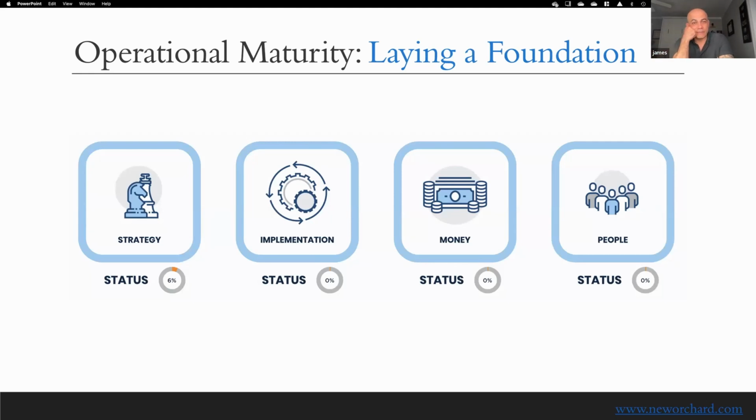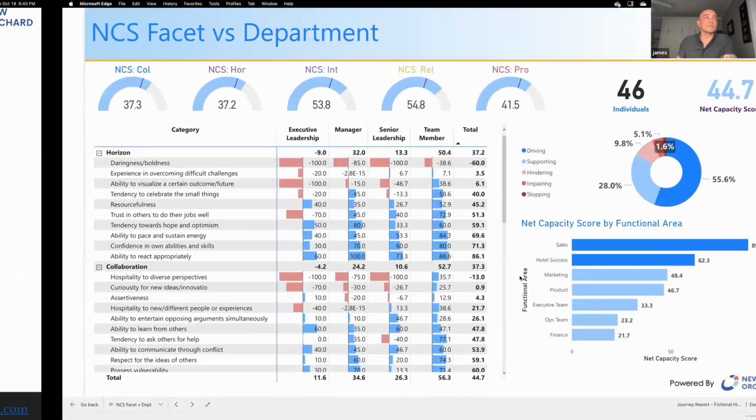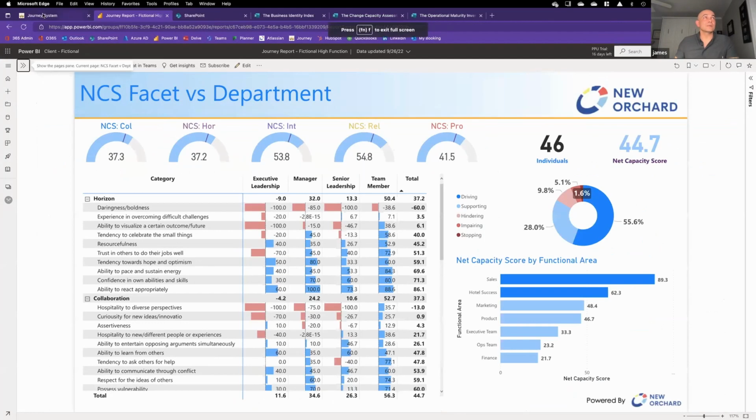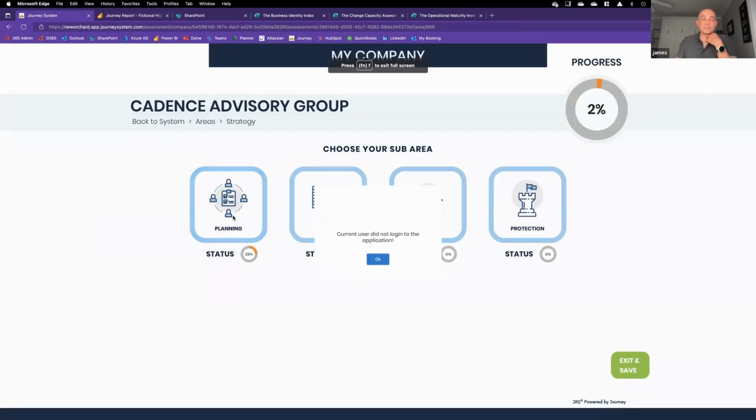This assessment is about 4 hours. It's in person, and we do a facilitated session to really look at all 47 different principles that are inherent in every business, regardless of size, age, industry, that are critical for organizations to function. And let me dig into this as well, so you have a sense of what that may look like. So strategic,